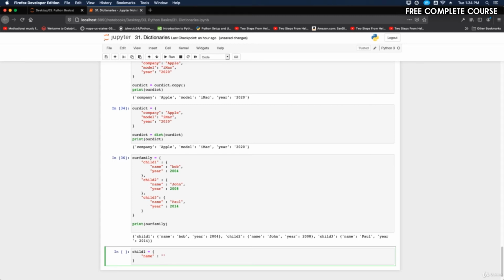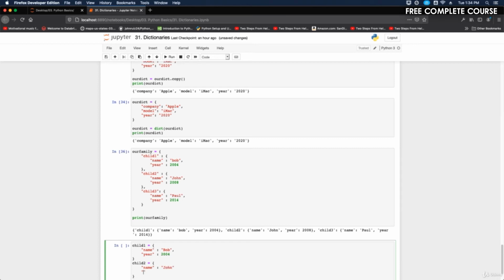Bob will be in quotes, this time capitalized, with a comma. And then we'll do year, colon, and then 2004. Then child 2 will equal curly braces again, and we're going to do name with a colon, and then John, and then the year will be 2008,